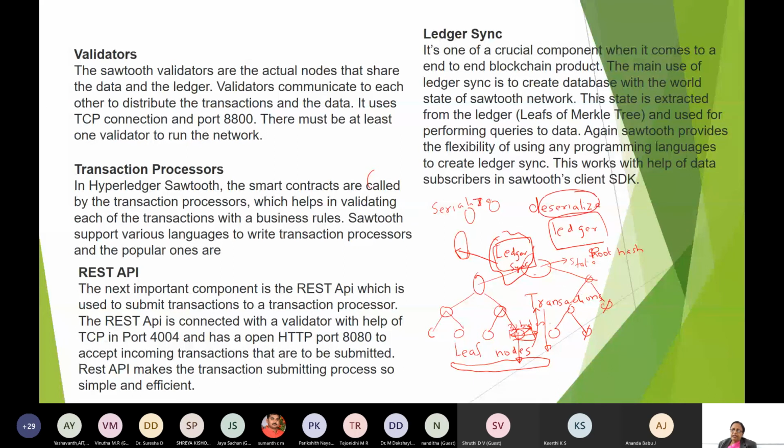To get that information. Okay, Sawtooth provides the flexibility of using various programming languages to create this ledger sync. This works with the help of data subscribers in the Sawtooth client SDK. Now there will be three terminals: terminal 1, terminal 2, terminal 3. So this will help if this is the client side, right?